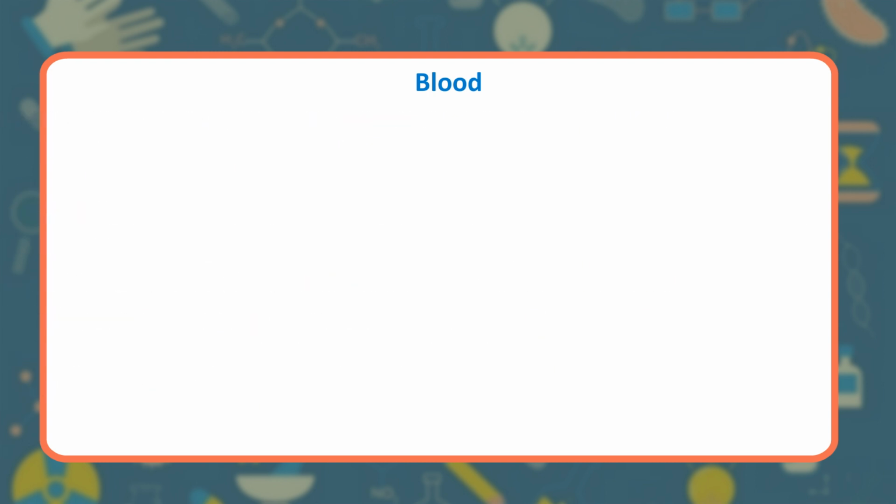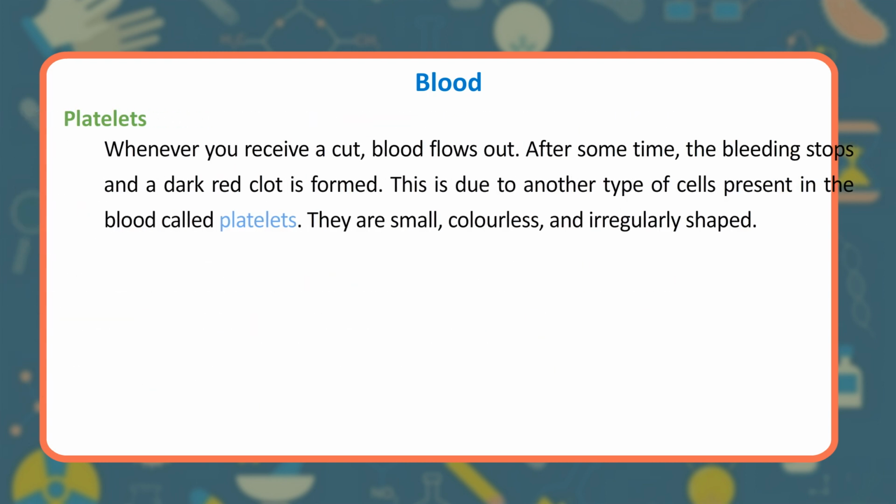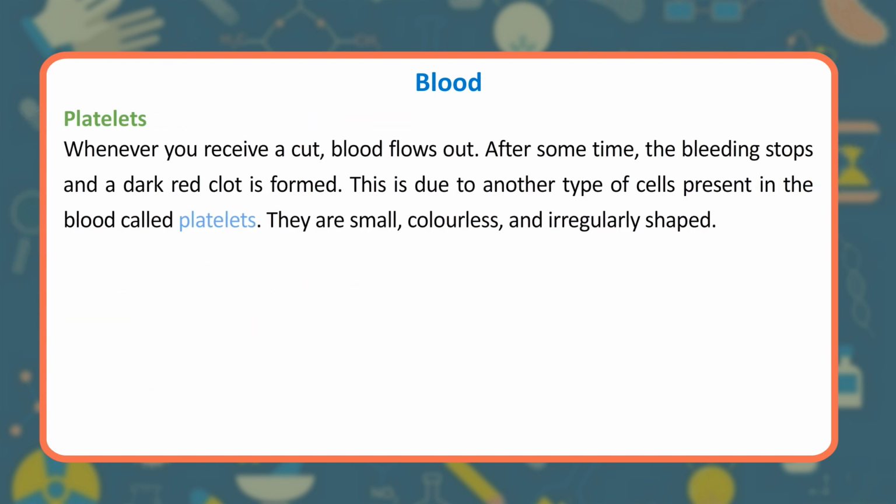Platelets. Whenever you receive a cut, blood flows out. After some time, the bleeding stops and a dark red clot is formed. This is due to another type of cells present in the blood,